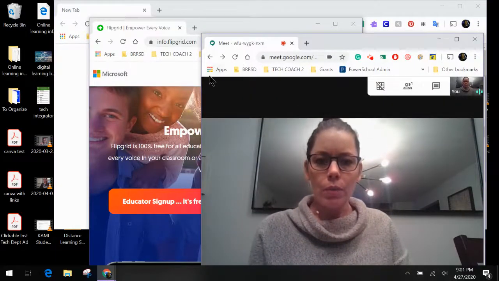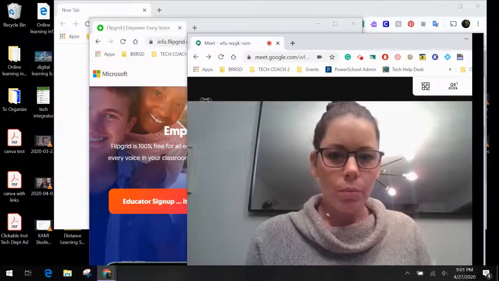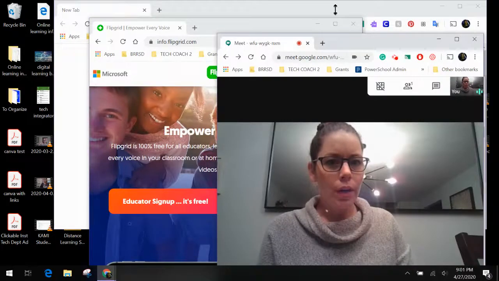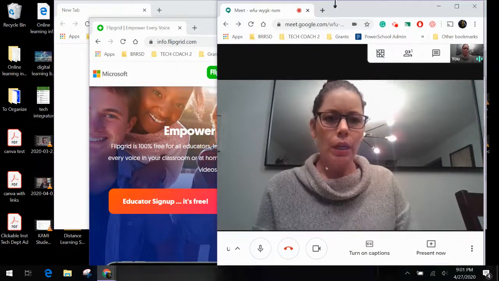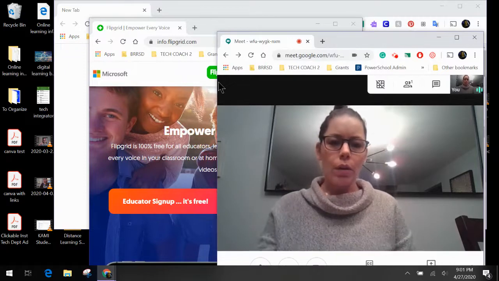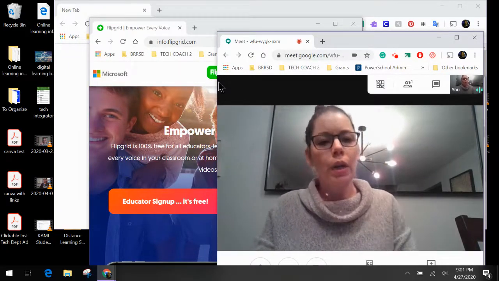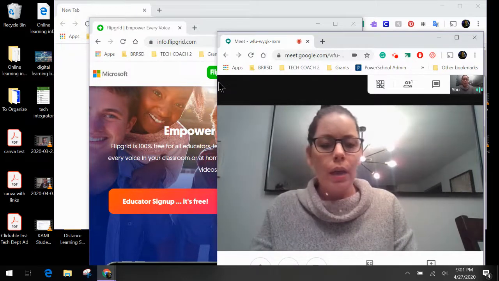I have a few options here. I can go over here to the edge, and I can expand and resize the window on the outside of the frame by just clicking, holding down, and dragging. Or if I want to split the screen, I can hold down my Windows key, which is in between the Control and Alt buttons on your keyboard, and I can do the left button